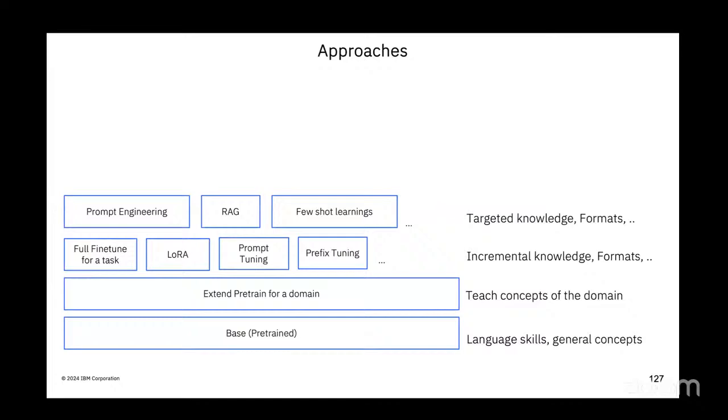Then you go and teach the model how to generate, or how to do tasks, or how to utilize the knowledge it has learned to do tasks. For instance, let's say I build a medical diagnosis system. Given a bunch of symptoms, I want the model to tell me what kind of disease I have, just hypothetically. Then I generate such examples, and I teach the model to do such tasks. Once I've done that, then I can take the model to deploy.